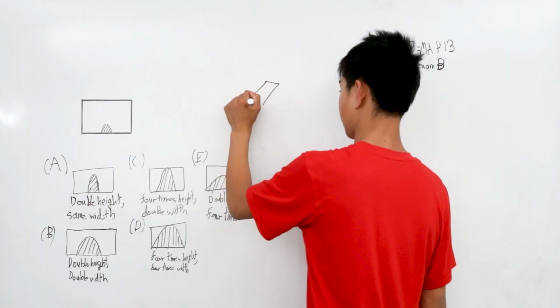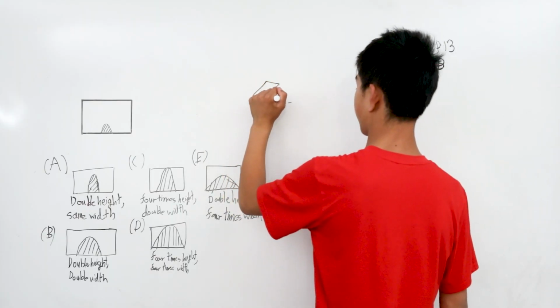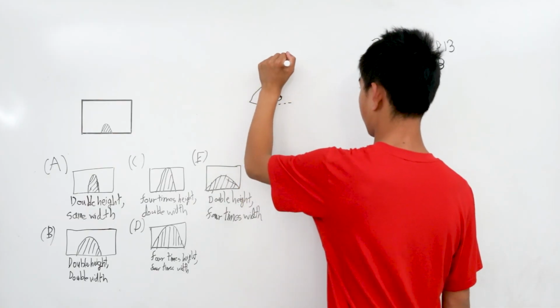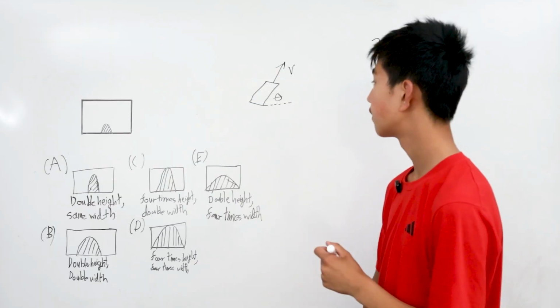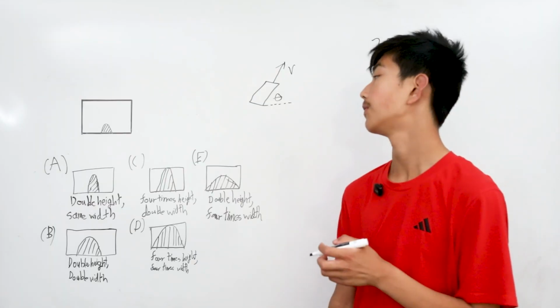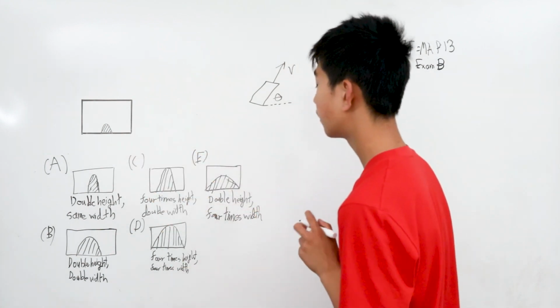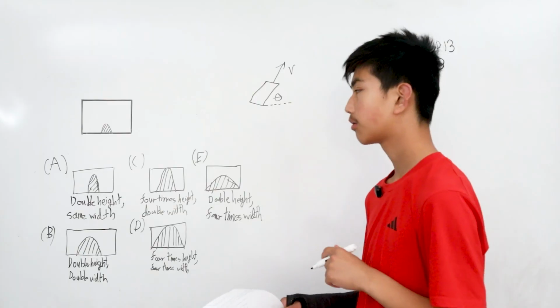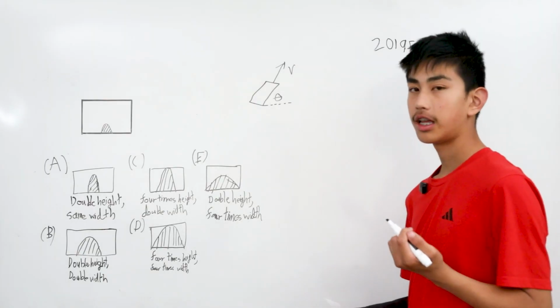We can say this is the hose in proportion to the ground. This forms an angle theta, and the water goes out at a speed v. We want to find how much of the region it covers when the water comes out at 2v. So this is the area it covers when the water goes at speed v, and we know that in projectile